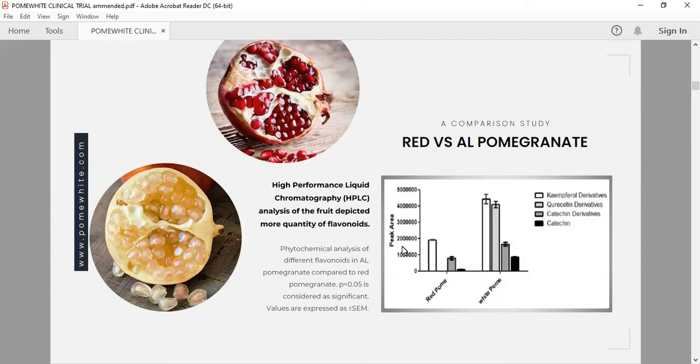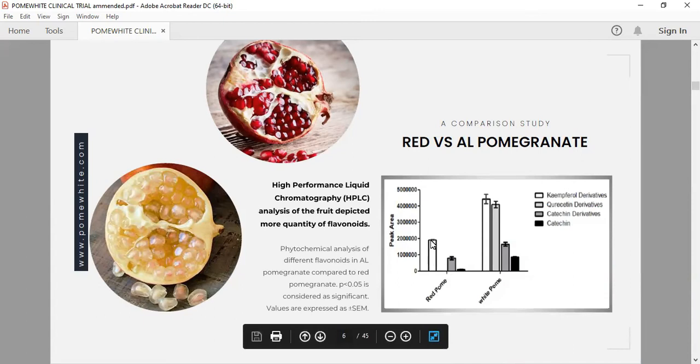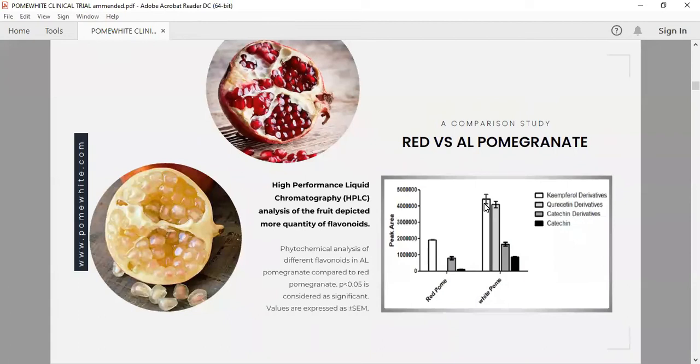HPLC chromatography was performed to do this. And here from the graph, you can very easily see that the red pomegranate has kaempferol derivatives in a much lesser amount than they are present in the AL pomegranate, meaning white pomegranate. And the quercetin derivatives are almost absent in the red pomegranate. If they are present, they must be present in trace amounts because they do not fall into the detectable